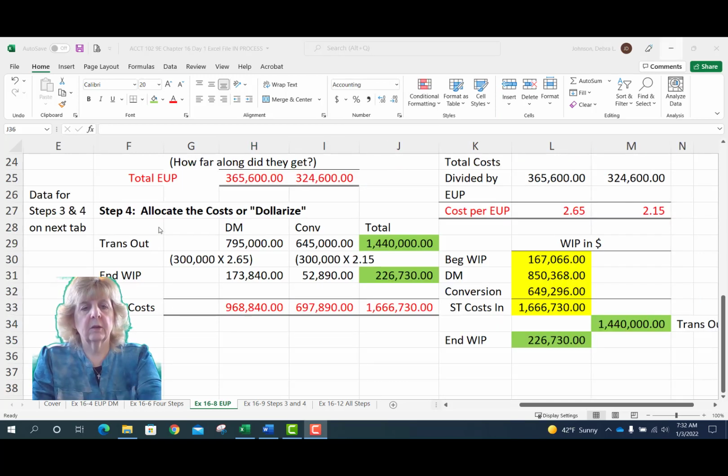Here we see the completed answer, the transferred out units fully costed at $1,440,000, and that ending WIP layer, when we added them up, we came up with $226,730,000. I would strongly encourage you to add up those two numbers, and then to double check your answer, you